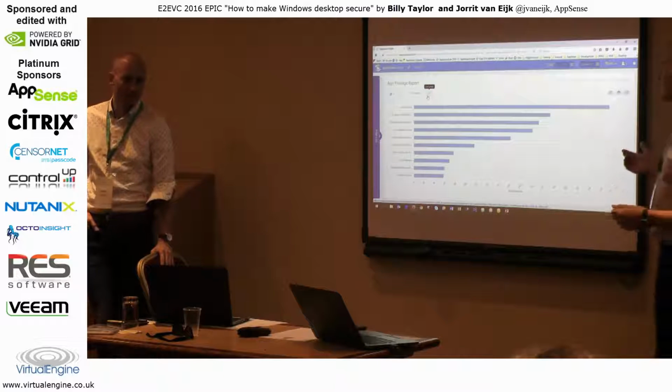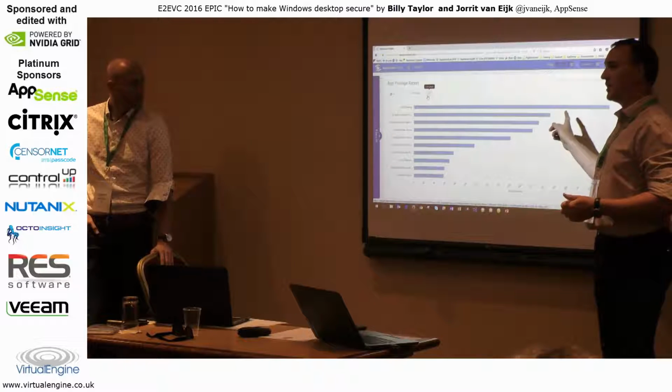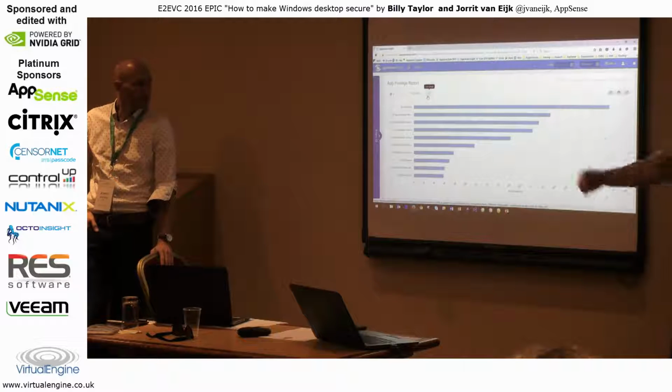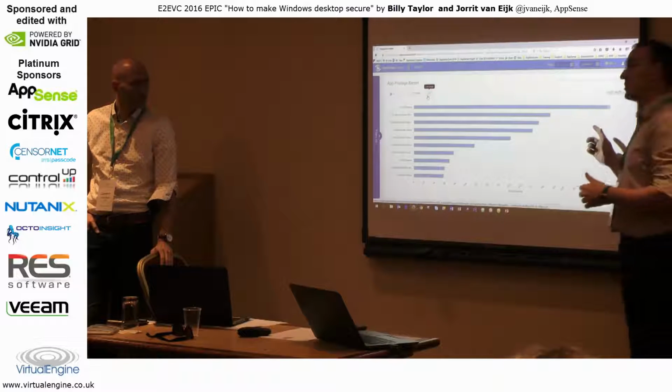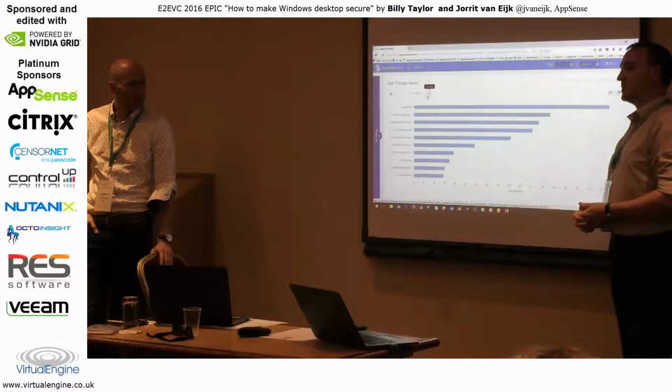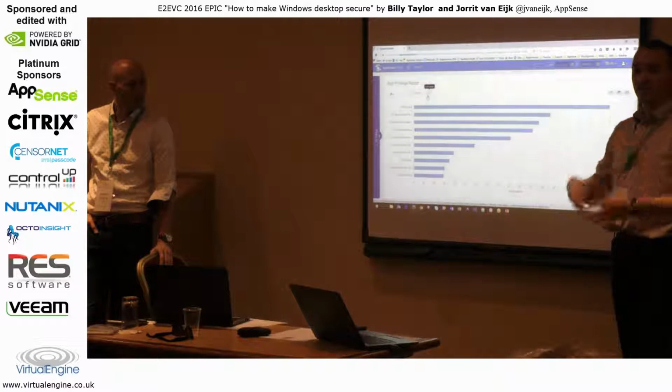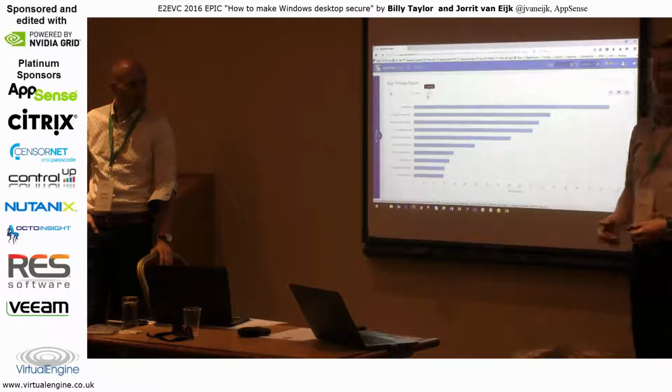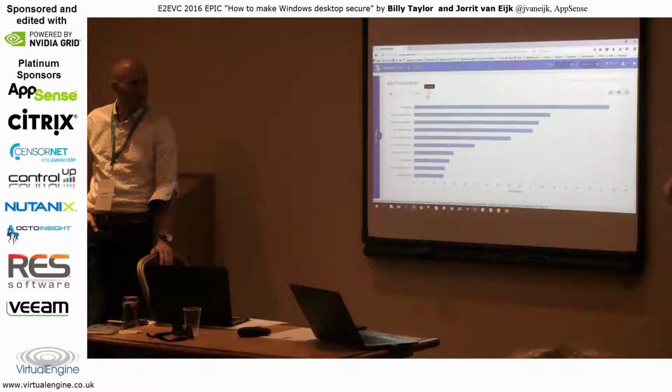So as you can see here, GoToMeeting requires admin rights because it needs to install virtually every time you launch it. GoToMeeting is one of the worst applications we've come across, that every time you launch it says I need to update, it goes and updates, it needs to reinstall, and then you can use the thing. So they're continually updating the product. We also find it here because that's what we use at AppSense.